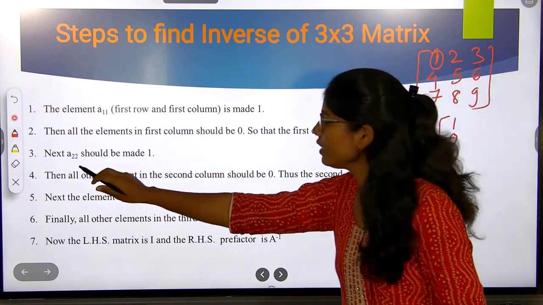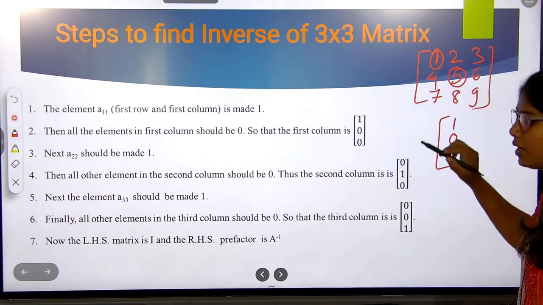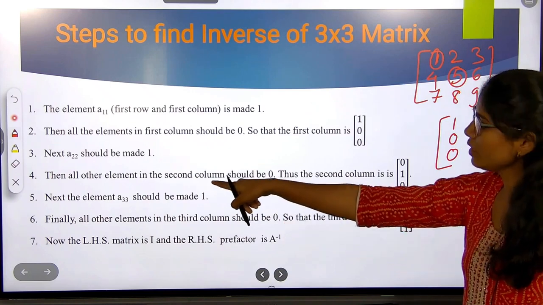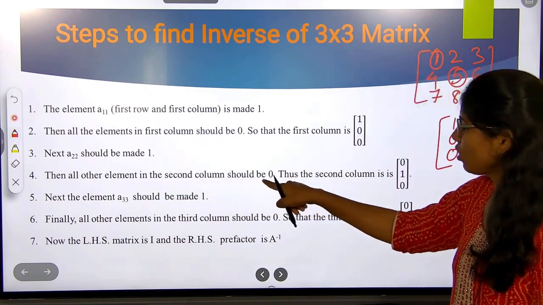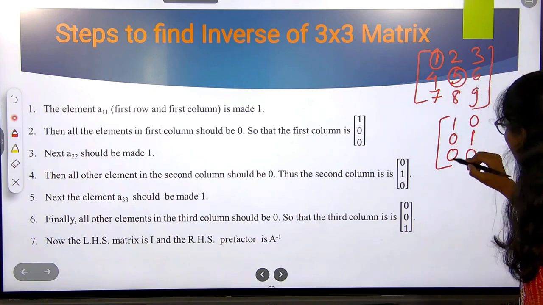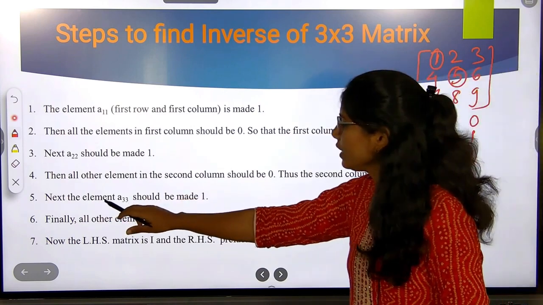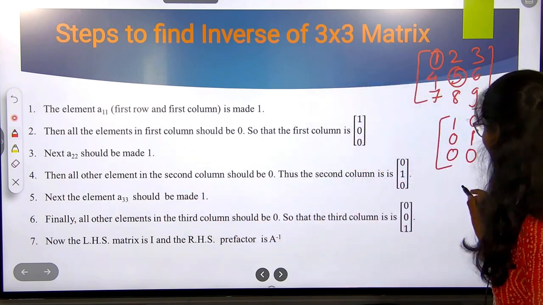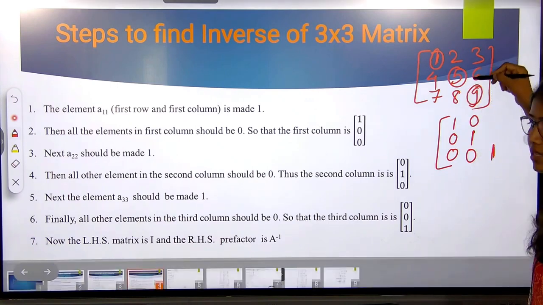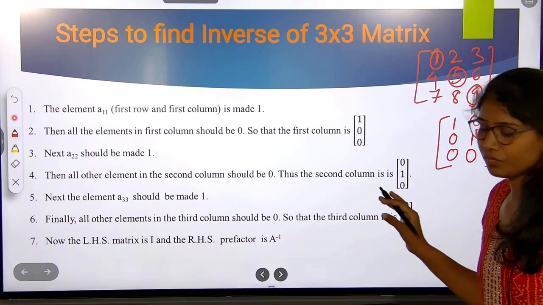Next step is, A22 should be made 1. This A22 entry should be 1. So make it as 1, and then next step, all other elements in second column should be 0. Make all other elements excluding leading element 0. Then next the element A33 should be 1. So make this A33 entry as 1 and all other entries are 0. Next,